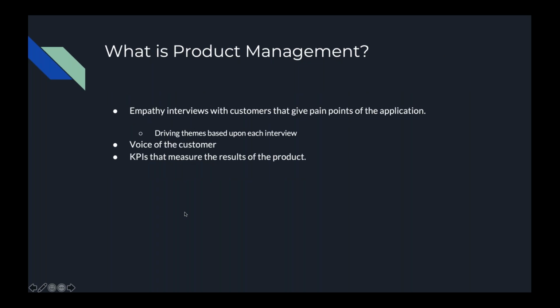So what is product management? There's a lot of things to product management, and I also think this varies from organization to organization. So what I'm saying here, like I said earlier, might not apply to what your organization could possibly do. But there's also some points I wanted to add here, and there's empathy interviews with customers. What you want to do is essentially be the voice of the customer, which ties into my second point. With each of these empathy interviews you do, you want to ensure that you get the theme of that conversation